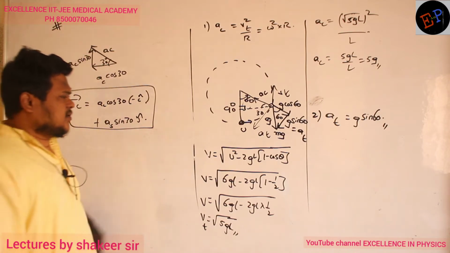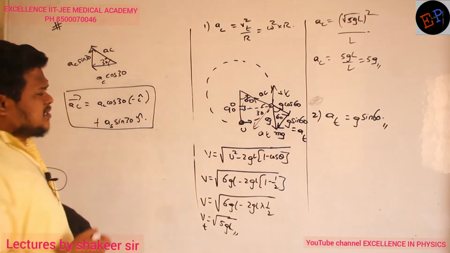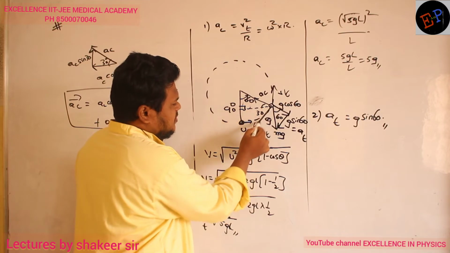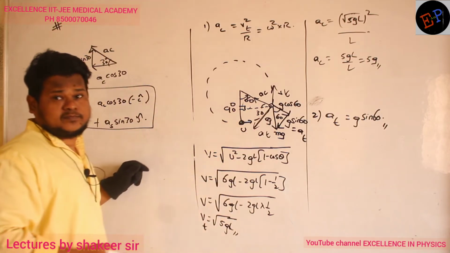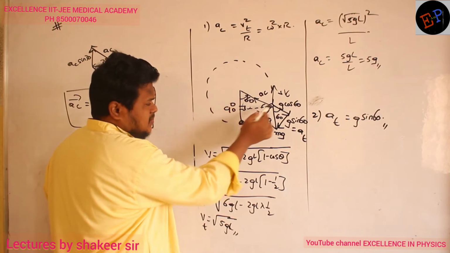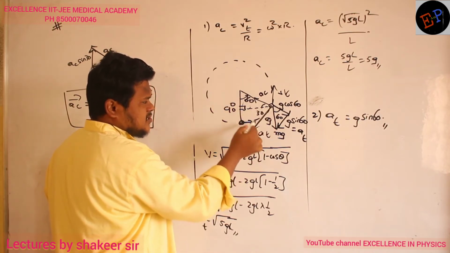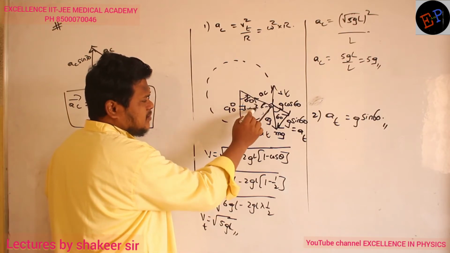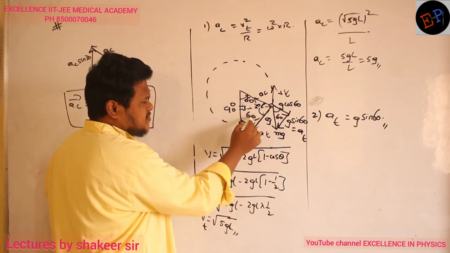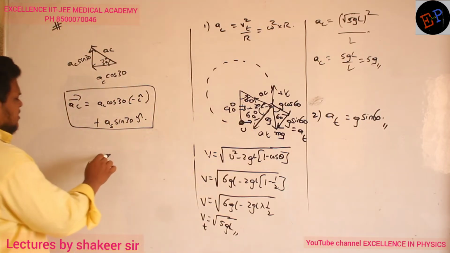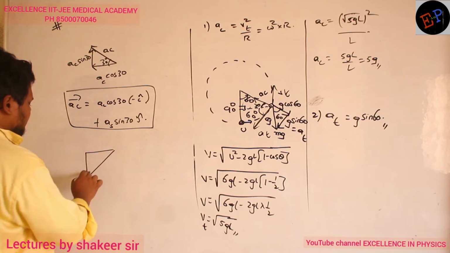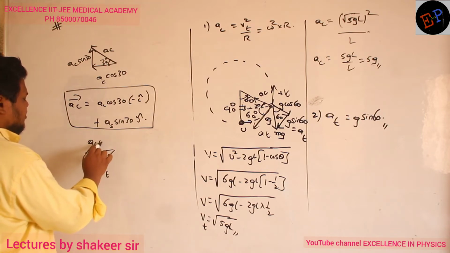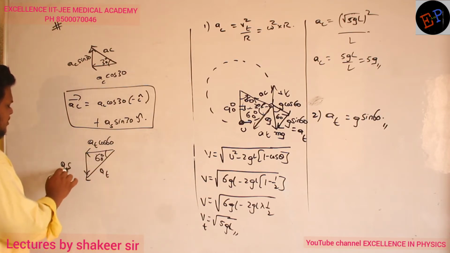Clear? Then what about tangential acceleration? Tangential acceleration is making how much angle? See, this radius vector and this line, they should be at an angle of 90 degrees. This is the radius vector and this is the tangential line, the direction of tangential acceleration. So these two should be at an angle of 90 degrees. This is already 30. Then what is the remaining angle? The remaining angle should be 60 degrees. That's all. So split this tangential acceleration also into two components. So this is AT, and this angle is 60 degrees. So this is AT cos 60 and the opposite side is AT sin 60.